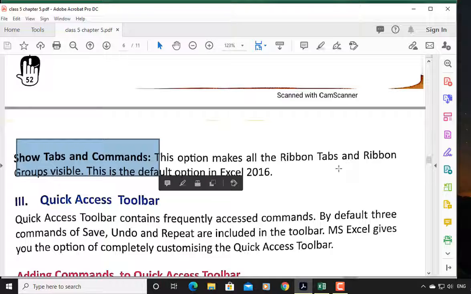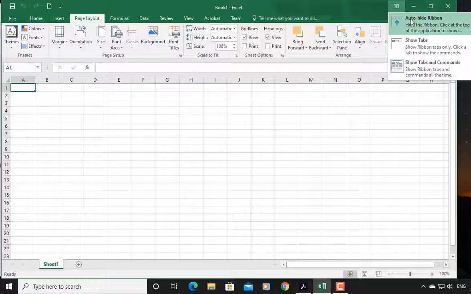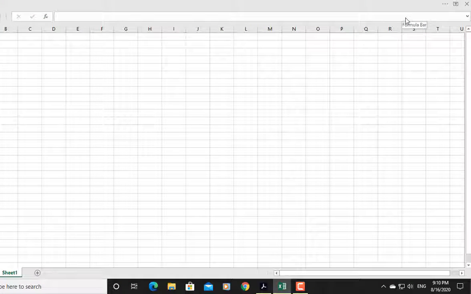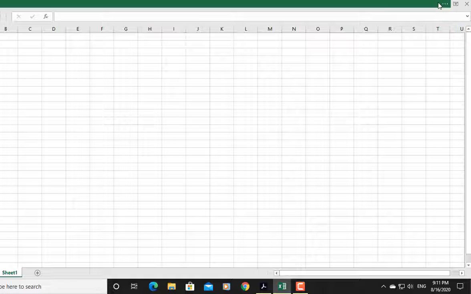Clicking on the first option, auto hide ribbon, hides the ribbon and the workbook of Excel switches to full screen mode. We can again restore the ribbon by clicking on these 3 dots on the top right corner of the Excel window.